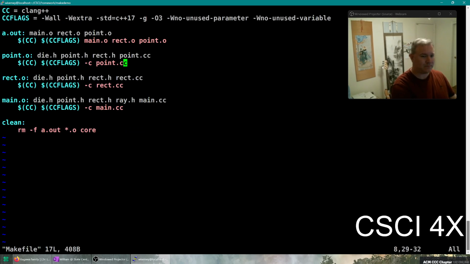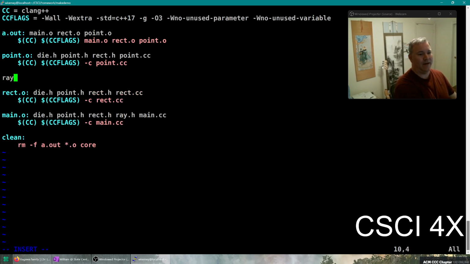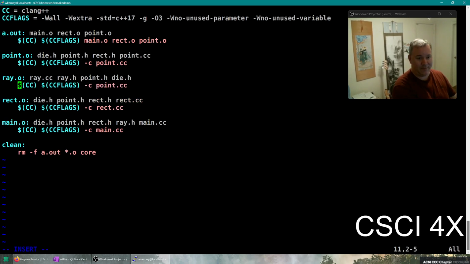So now we've got to add a new rule to the Makefile. Really anywhere within here is fine. I'm going to have ray.o. Remember, when you compile a .cc file, you partially compile it. It goes from ray.cc to ray.o. And so ray.o is going to depend upon ray.cc. Ray.cc depends upon ray.h. Ray.h depends upon point.h, and point.h depends upon die.h. See what I mean about the dependencies being annoying? They are. And then the actual compilation line here, remember that's a tab there. Makefiles require you to have a tab there. I don't know why, but you do. And so we're going to clang++,